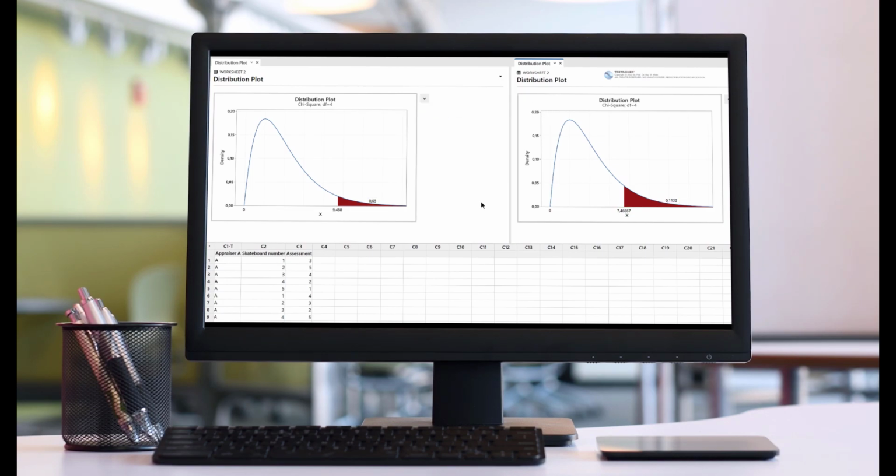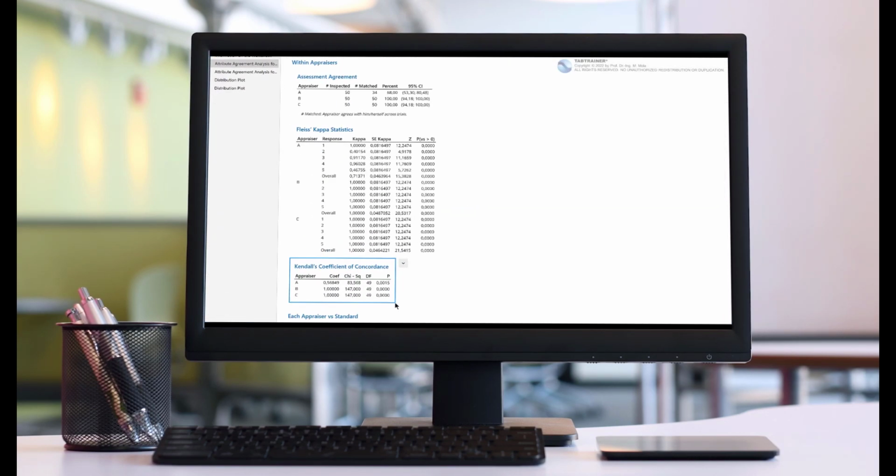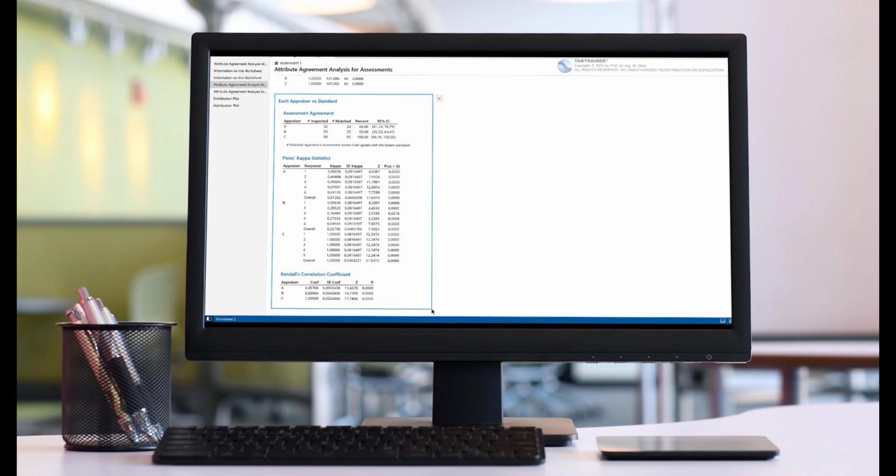The core of this Minitab tutorial will be to check whether all 3 appraisers have a high level of repeatability in their own assessments, and whether all 3 appraisers have a sufficiently identical understanding of customer quality. And finally, it is important to check whether the team of appraisers as a whole has the same understanding of